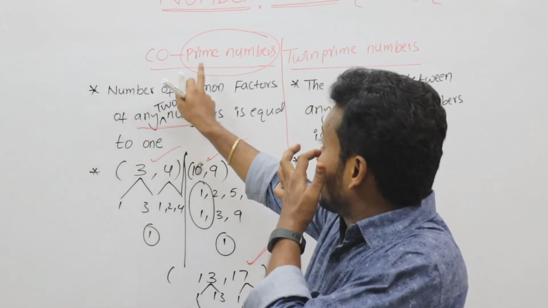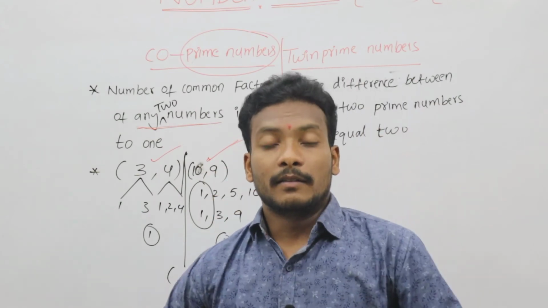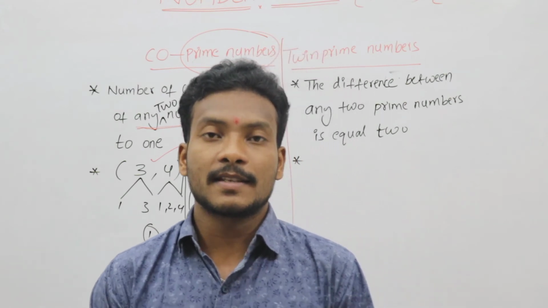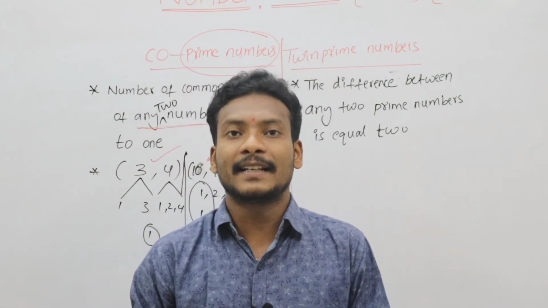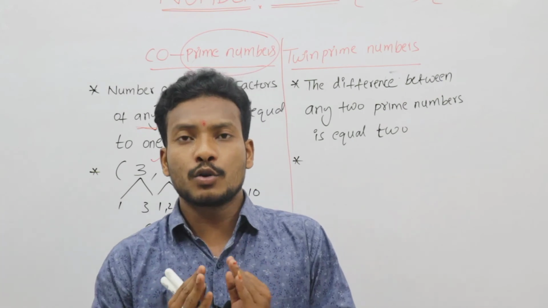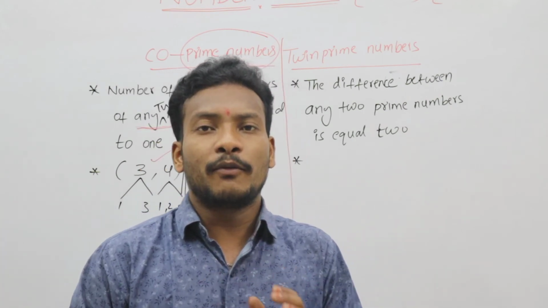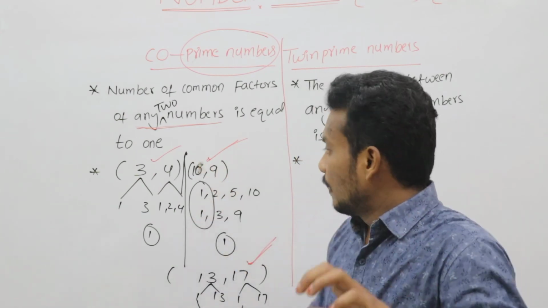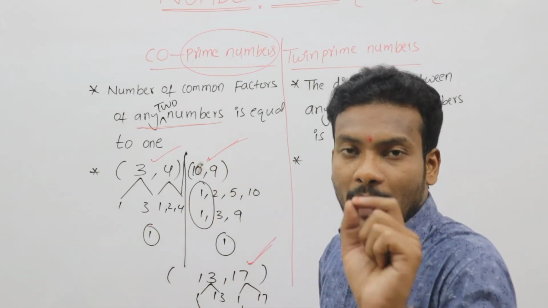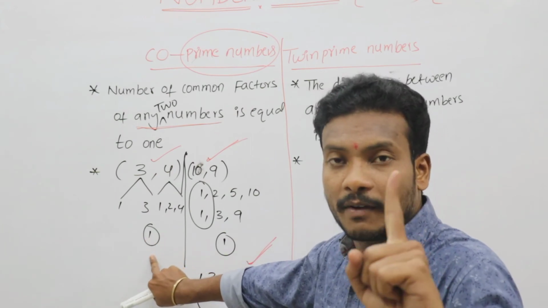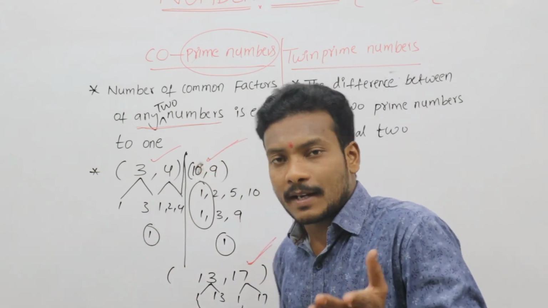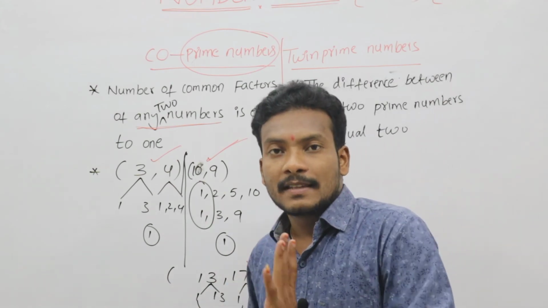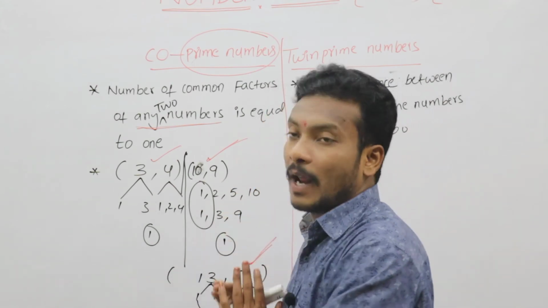Okay, in the name itself there is the word prime, but that is not a rule. We are not exactly taking that as prime numbers. We have to check whether the rule is applicable for the pair of numbers only: the common factor is only one. Whenever one is a composite number and one is a prime number, here also 1 is the common factor. Both composite numbers, same one factor. Both prime numbers, again the same. Okay, this is the brief explanation of co-prime numbers.